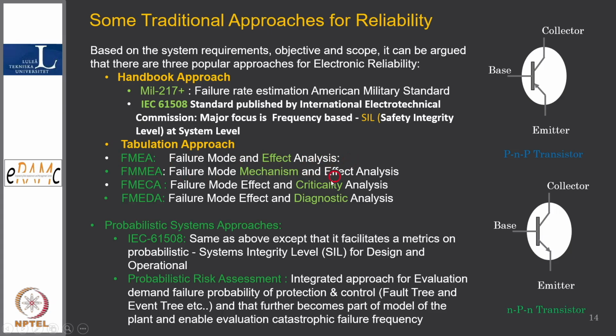But the only limitation of all these approaches is that they work in isolation, in the sense that there are no clear-cut guidelines on how it is connected in the plant in a complex system. So we do FMEA for a component, FMECA for some mechanism. Of course, we list out the mechanisms and which mechanisms are important. We have it in tabular form, and we have a risk ranking and all that, like criticality. So it becomes something like